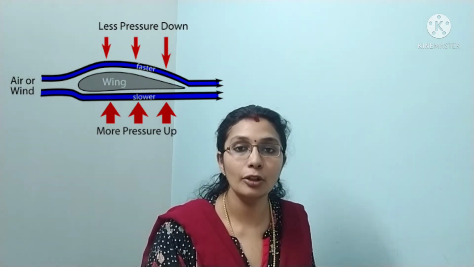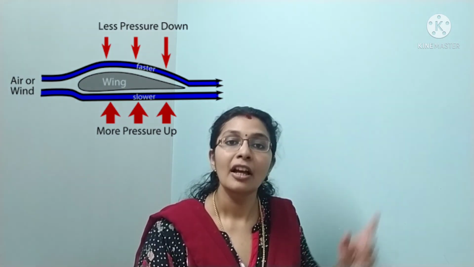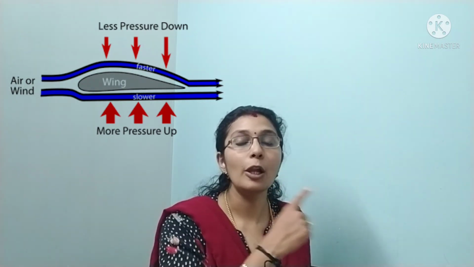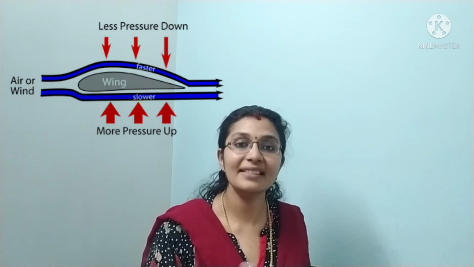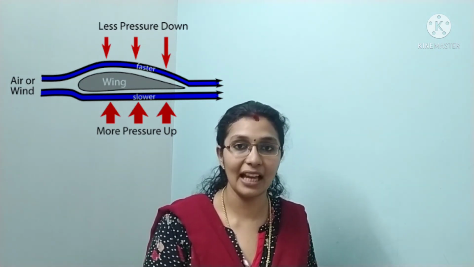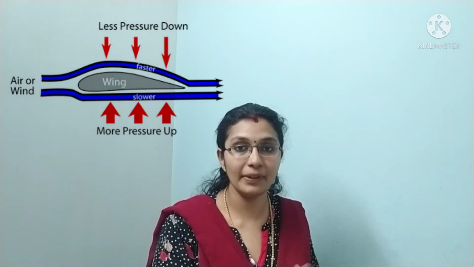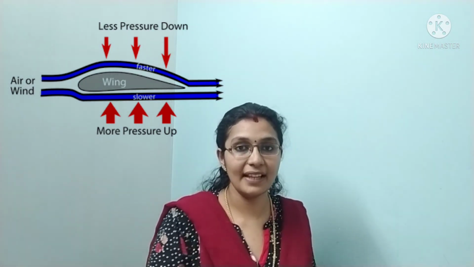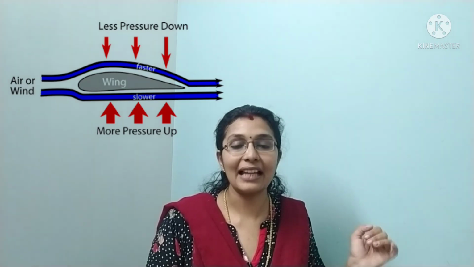As you know from Bernoulli's principle, high velocity means low pressure and low velocity means high pressure, right? So at the top it is low pressure and at the bottom it is high pressure. So when there is a difference in pressure, a lift is generated that makes the aircraft move in air. Now clear? I hope you are all clear with the concepts discussed today. I think I was able to convey my concepts clearly to you.